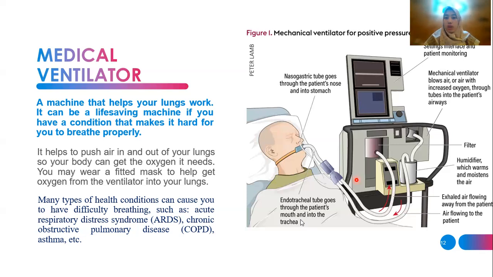The length of time you will be on a ventilator depends on the reason you need help breathing. If you need a ventilator during surgery, you will typically only be on it while you are in a sleep-like state. This could range from less than an hour to several hours. If you need a ventilator for a health condition, you may need to be on it for hours, days, weeks, or longer. It depends on how long it takes for your lungs to get stronger and to be able to function properly on their own.